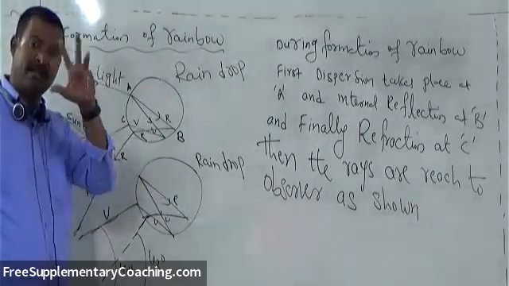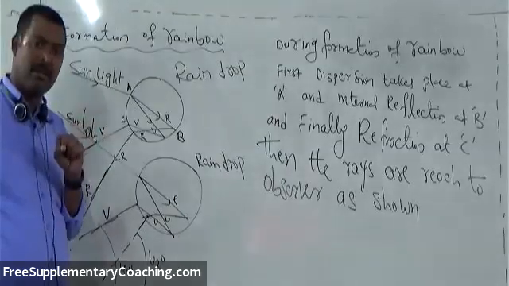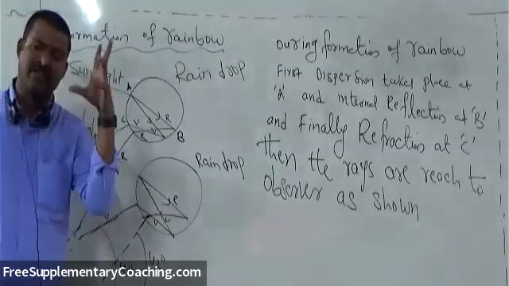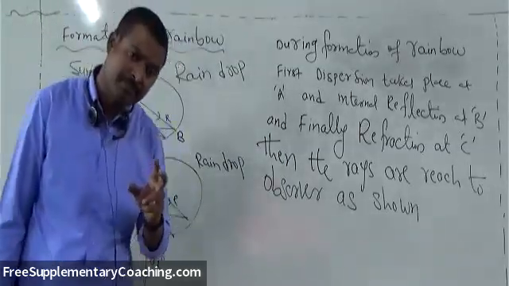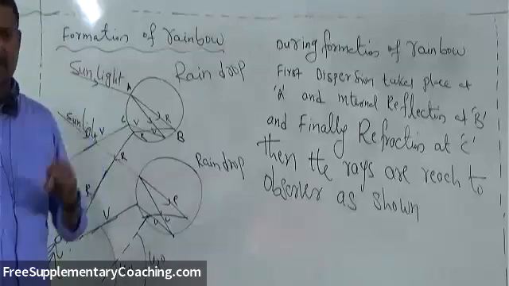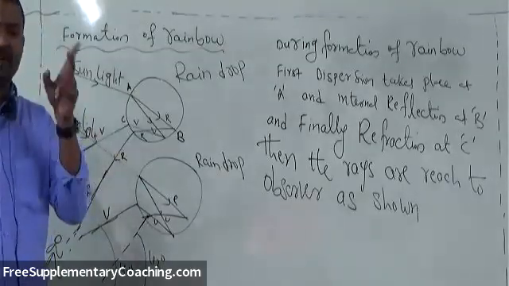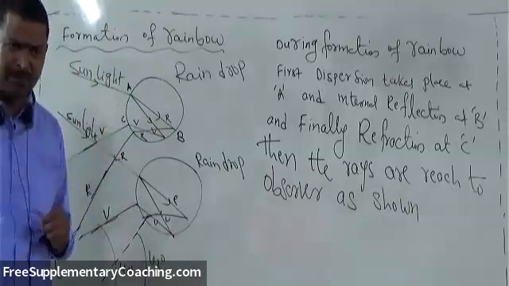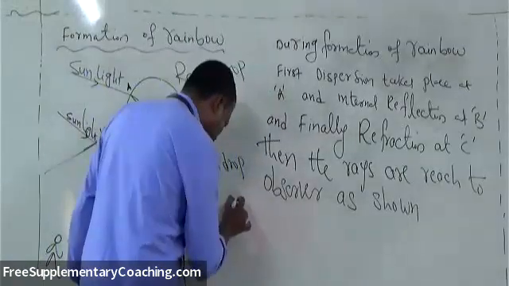So 2 times internal reflection, 1 time dispersion, 1 time refraction take place. But in primary rainbow, 1 dispersion, 1 internal reflection, 1 refraction take place. So the only difference between primary and secondary will be